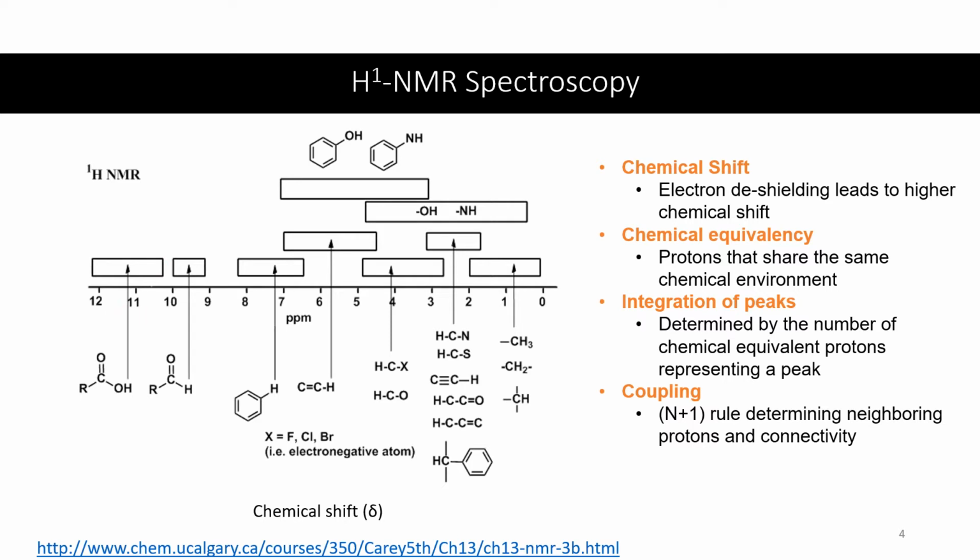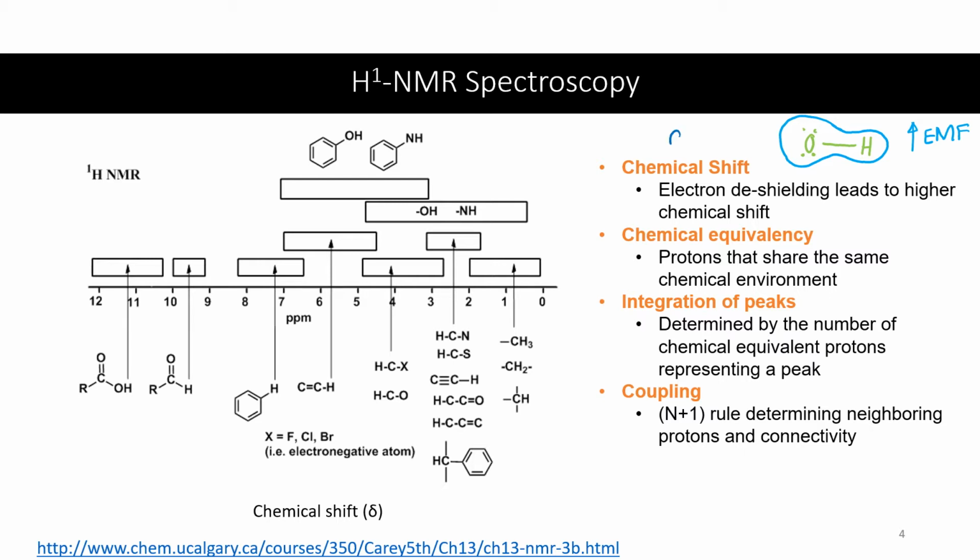If a certain proton is more exposed, that is to say it has less electrons flowing around it, as happens when it's attached to a highly electronegative atom, then it's more exposed to the external magnetic field, so it will absorb at a higher frequency,